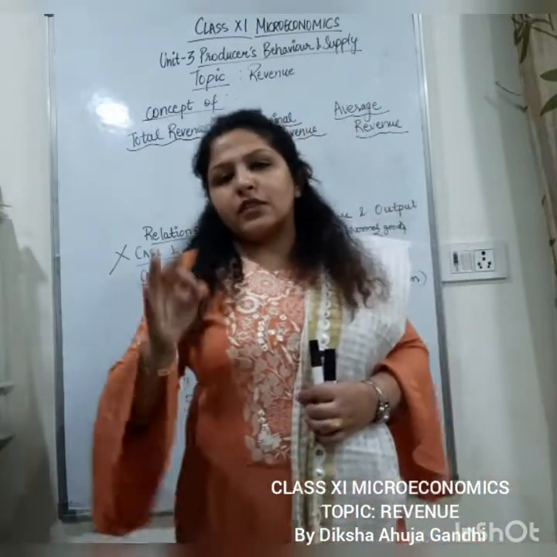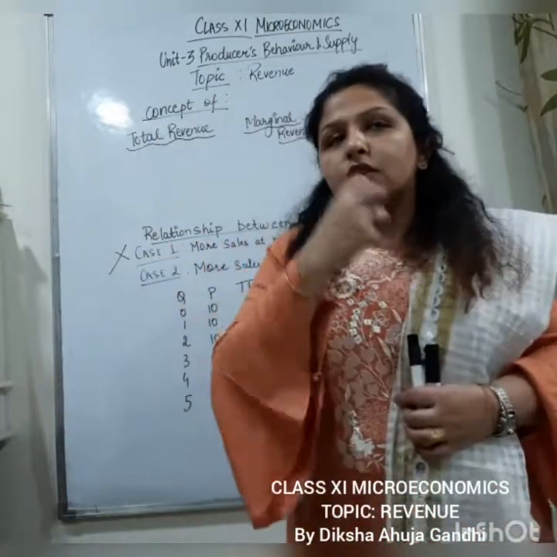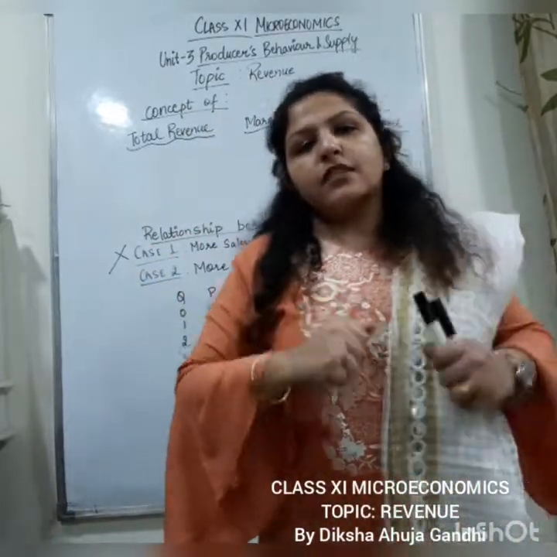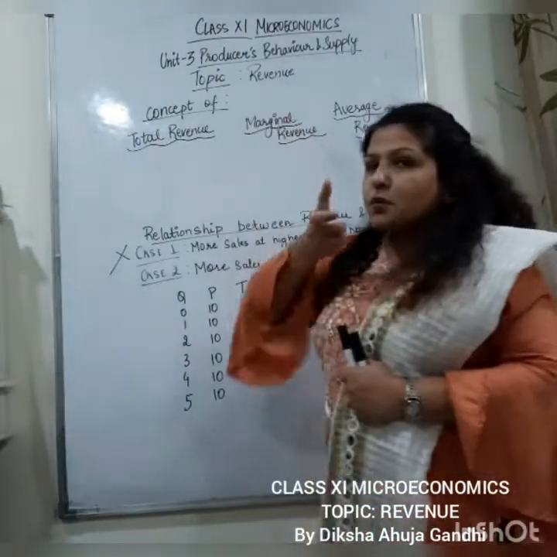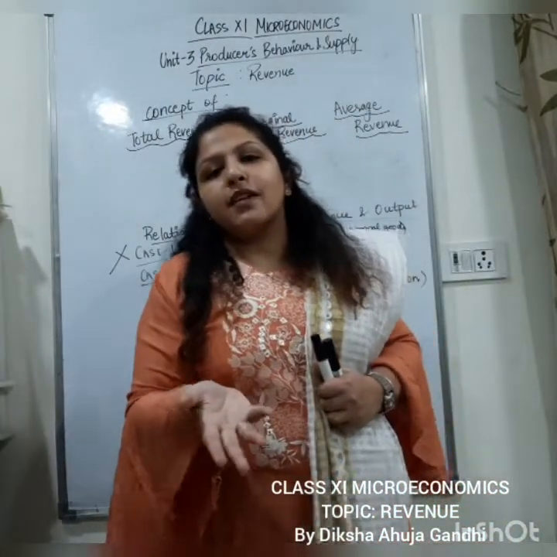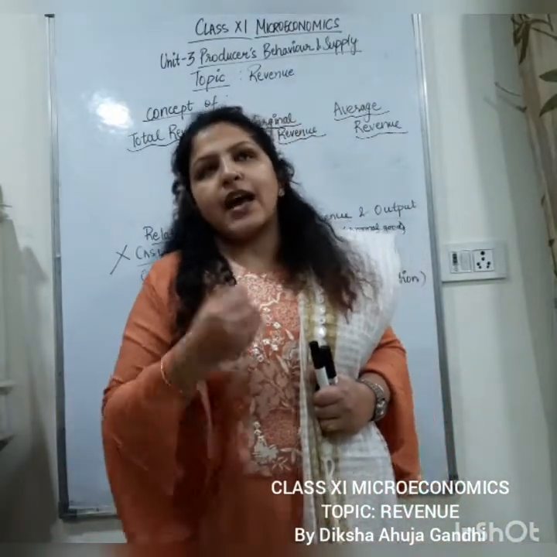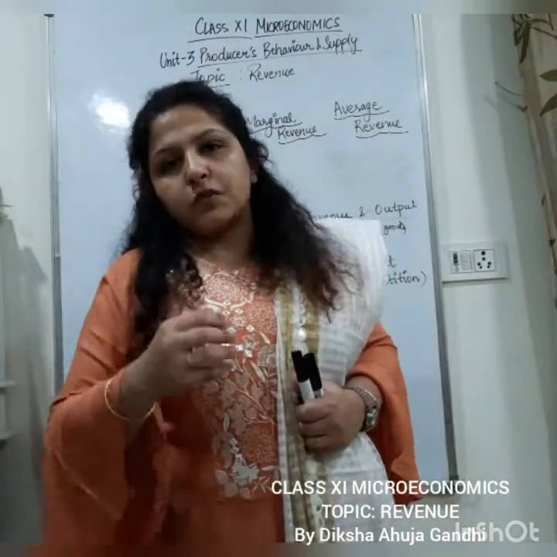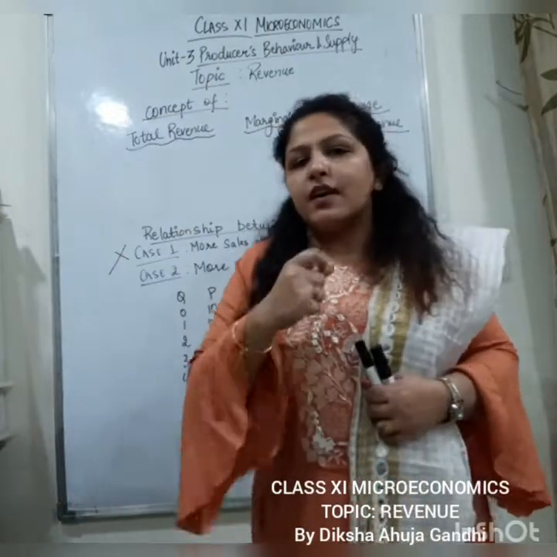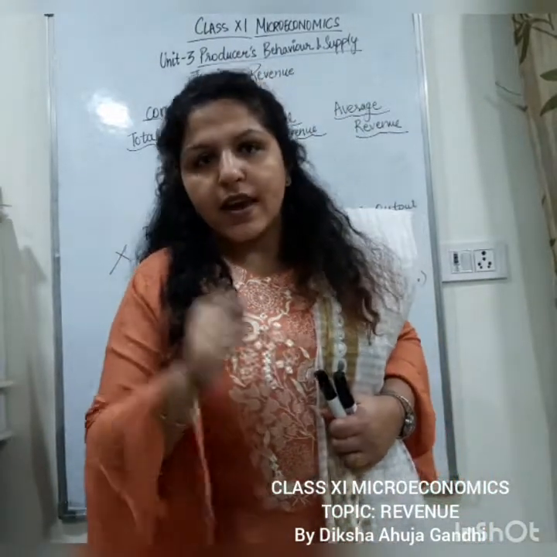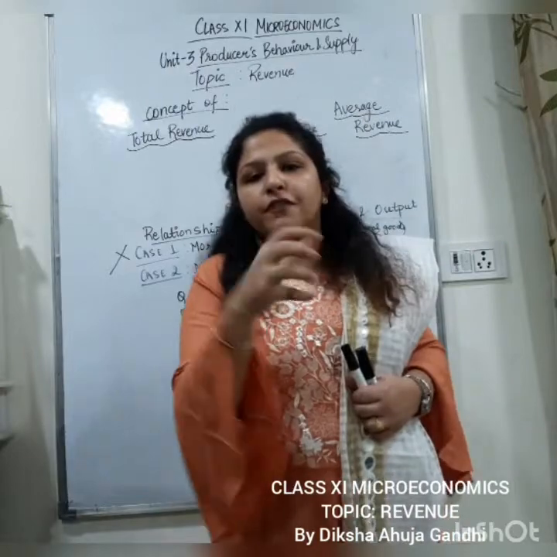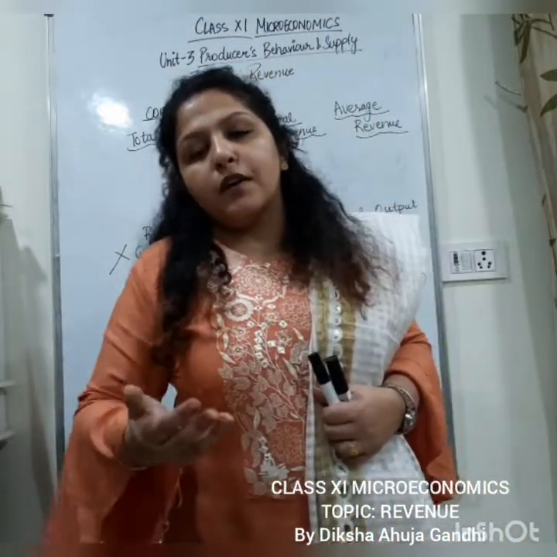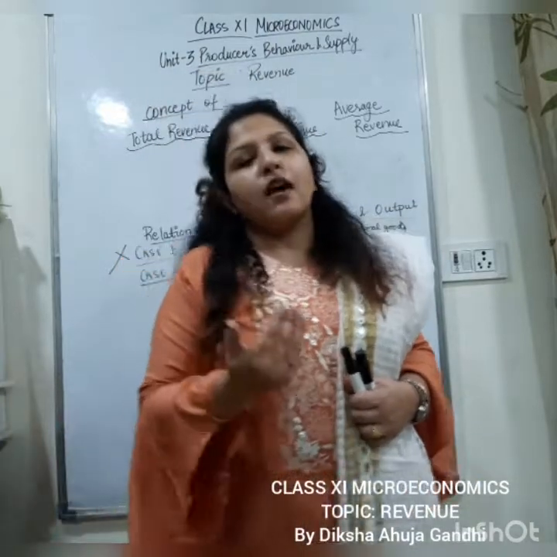So after the cost is calculated, the goods are sold in the market, right? And the money which the firm gets is known as revenue. That means revenue is the money received by selling a quantity of a commodity. Let's say I produced Uncle Chips and I sold 10 units of Uncle Chips. So how much money will I get? Here revenue is not the profit. Revenue means the amount of sale I have done today, the amount of money receipt I have got because of the sale of my product in the market.